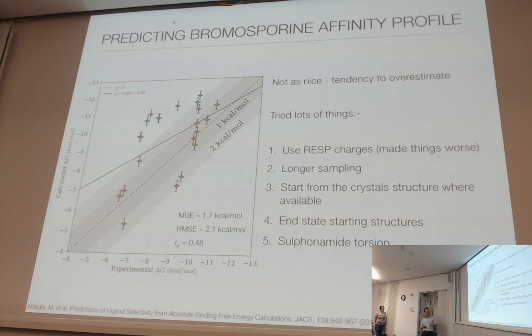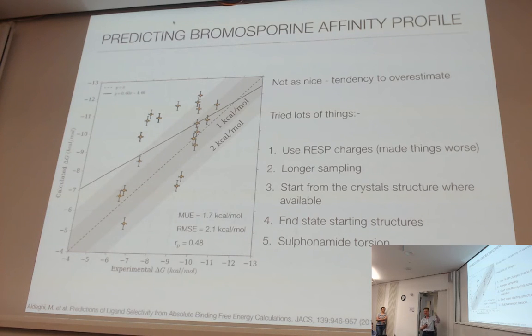We started from different end state starting structures. What I mean by that is that in the series of windows you annihilate from, or you create from, a certain position, and usually you just use that same one and move the windows along. But in this case, we tried to say, well, if you start from the apo state and equilibrate that a bit longer before you go into the lambda regime, perhaps you approach it from that direction, you should get a better equilibration, or a faster approach. You do get slight improvement, you do get faster equilibration or convergence of the windows,